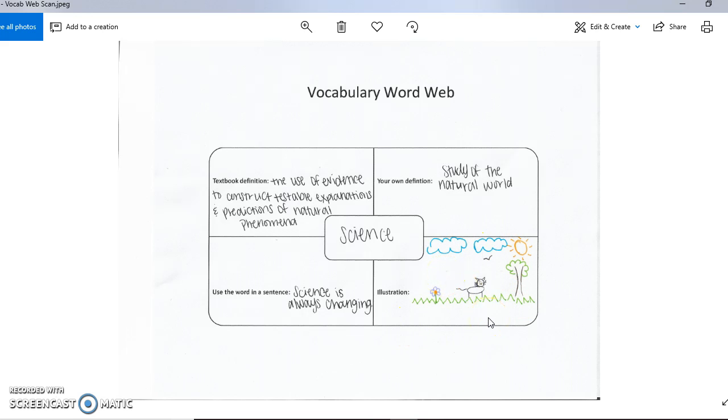They are not given a visual, they have to draw one. But I think that if they draw one, it'll really stick in their heads. And in here we have a picture of the natural world that I drew with living organisms and the sun and things like that. And the way that it's collaborative is that after the presentation is given by the teacher,